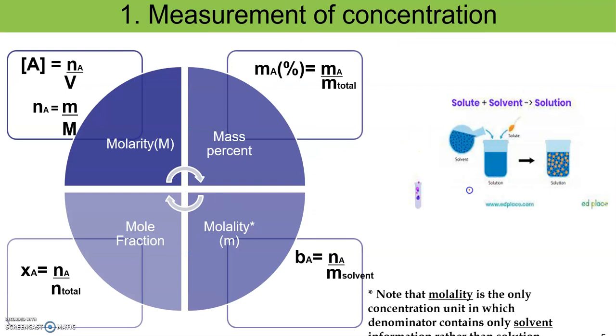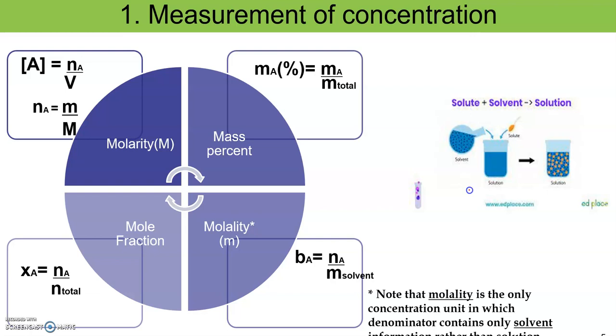So the first one is the measurement of concentration. As I said before, in physical chemistry, we don't say that the solution is thick or the solution is too dilute. No, we don't talk like that. We need to measure it. So how to measure it? We have molarity, mass percent, molality, mole fraction, and everything